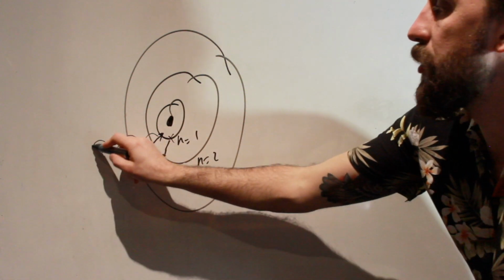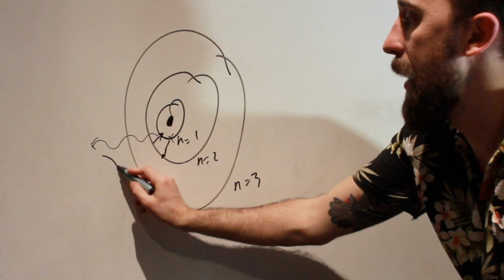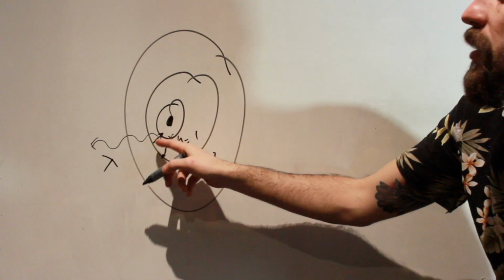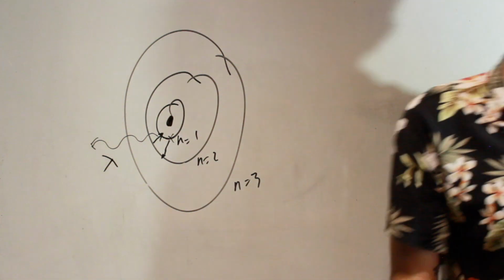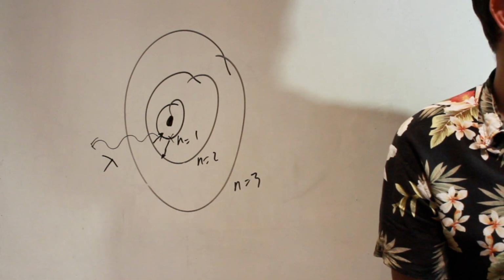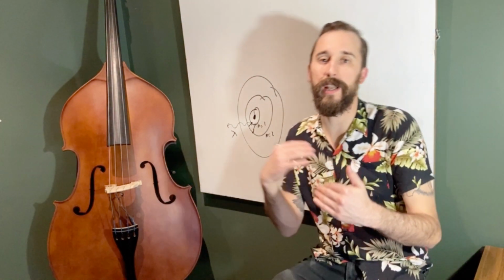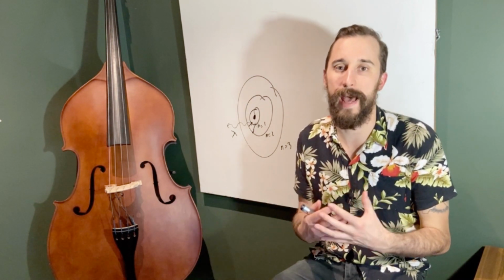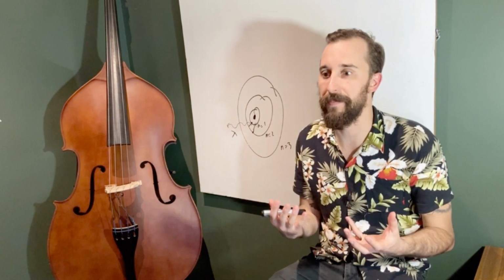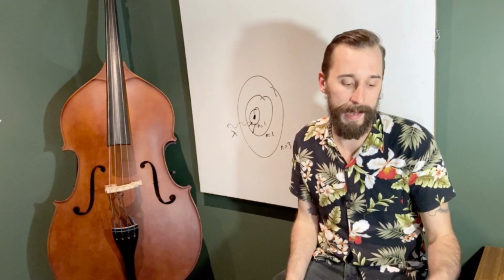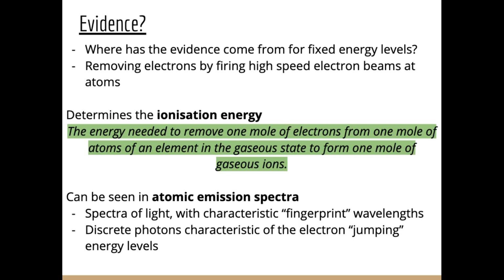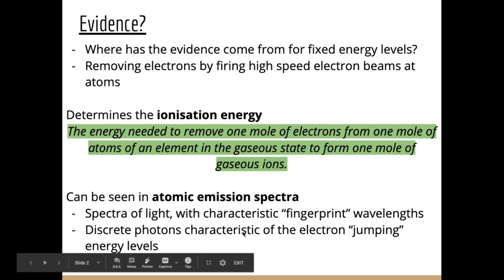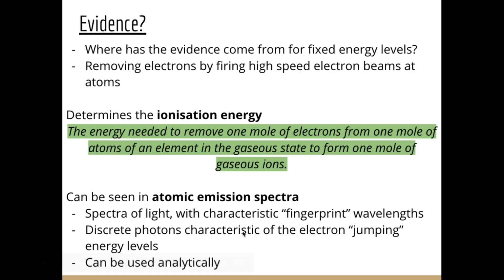But what happens is it loses this energy in the form of a photon, a light. Now because this is a very specific energy level, this light that it loses will have a very specific wavelength. So depending on what electron energy levels you have in an element, you will have the photons being given off unique for that element, and you will end up with a very characteristic emission spectra for that element. So you'll see just the specific wavelengths of light that are given off when these electrons move between the energy levels. And then under here I said you can use this analytically to determine what element it is, because they